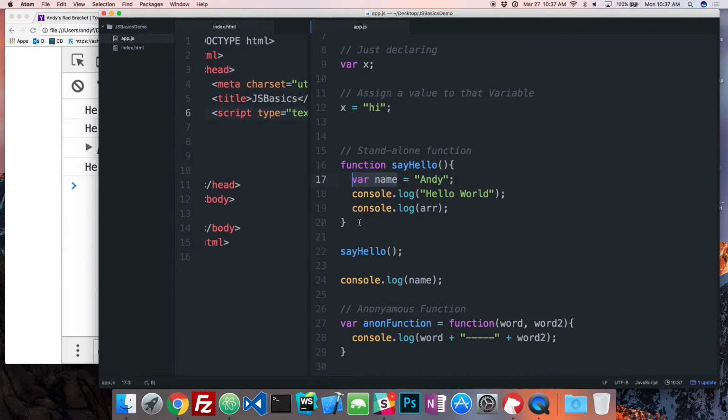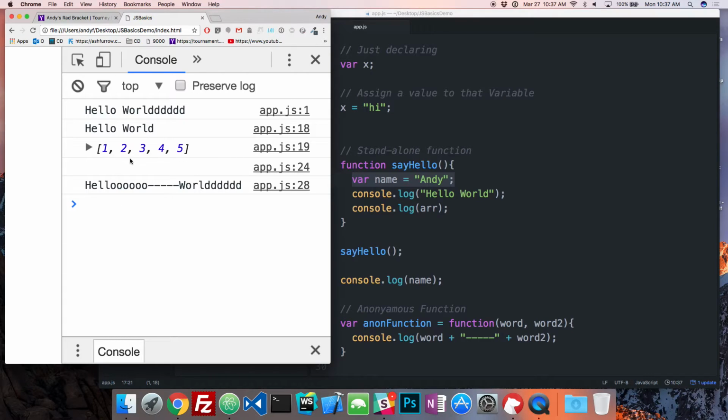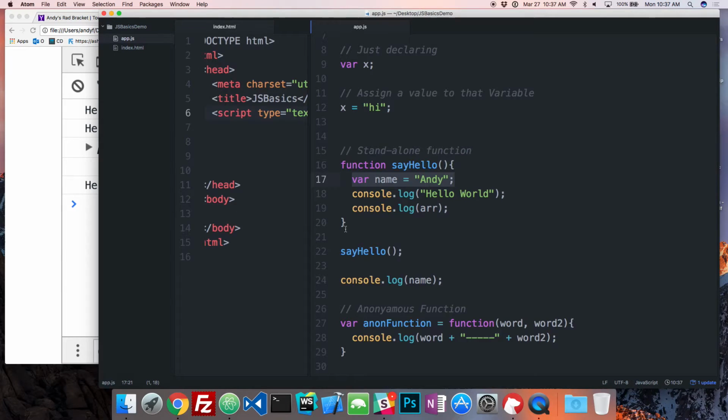Anywhere outside of the function, this guy will be invisible. Right? So let's take a look at what it does when I run this code. Nothing. Right? It's not there. So this variable is what we call scoped to the function, to within that function. So this guy only lives between the opening and closing curly braces of whatever function it is defined in.